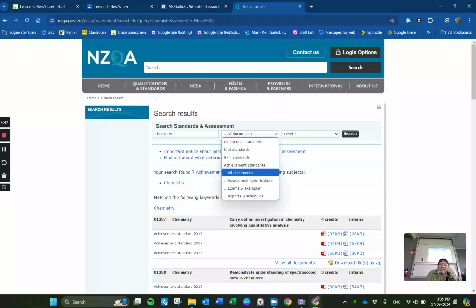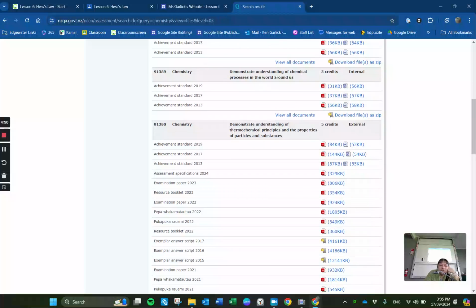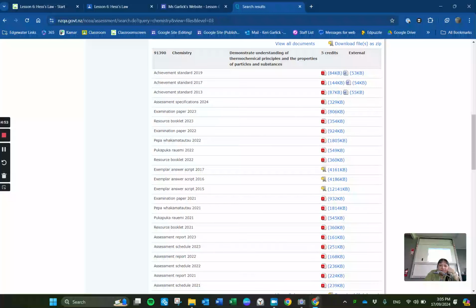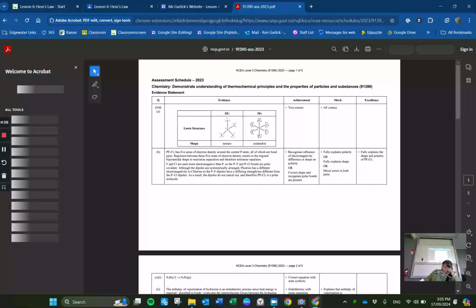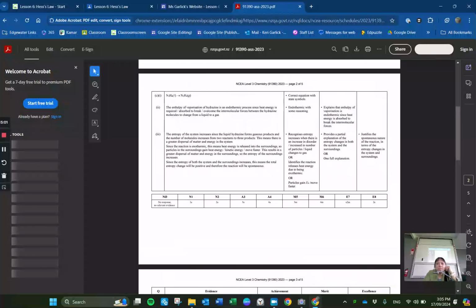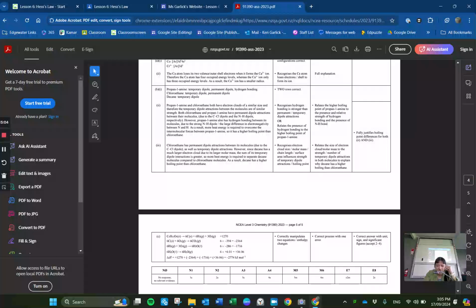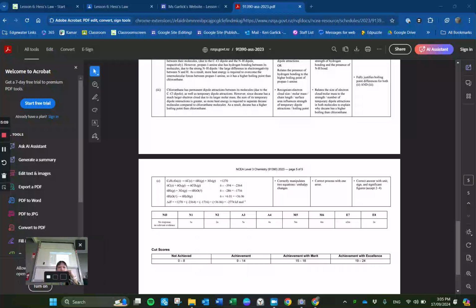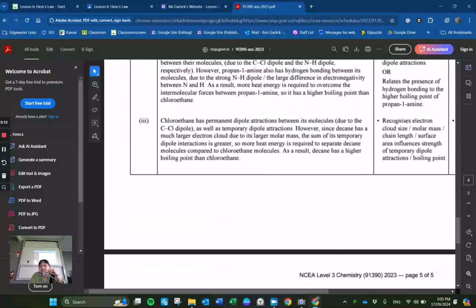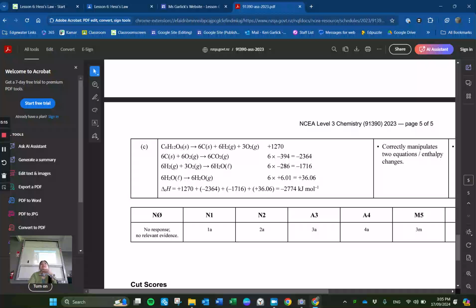All right, we want thermochemistry. Where's the schedule? There it is. Okay. This is question, I want to say that was 3. Question 3C. Oh, interesting. They weren't picky. Okay. Here's level 3 chem. Here's all the working that we did. You see how it has that number here. In fact, they weren't actually stressing about the 3 significant figures. So long as you had it to between 2 and 4, they were going to accept it,